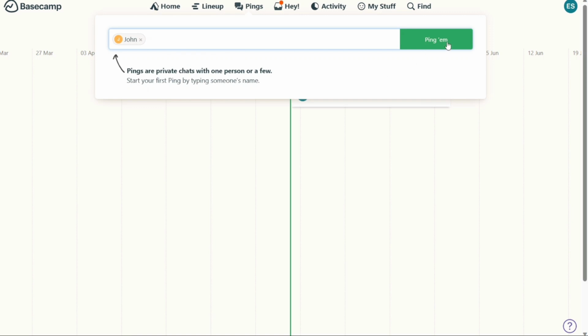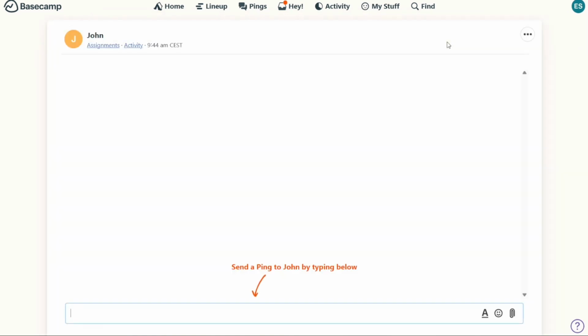Once the person has been selected, a new ping window will open, allowing you to send and receive messages in real time. Pings are an excellent way to have short and private conversations with team members without creating unnecessary messages or comments in the project. They can also be used for exchanging files, links, or other types of information that may not be relevant to